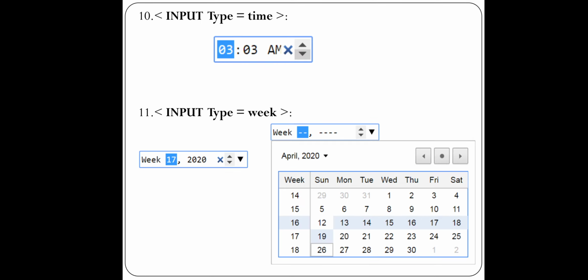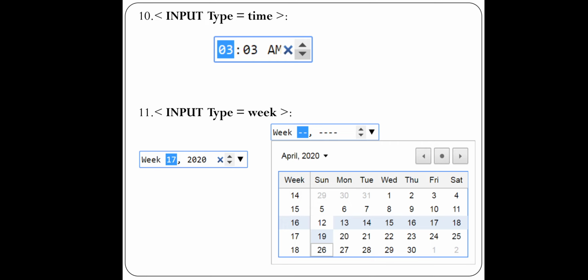Input type equal to time. Now here, since the type is time, what is important? Time is important. So here you will get the time in the format of the current time, that is hour, minutes, and AM or PM, right? So next control is input type equal to week.